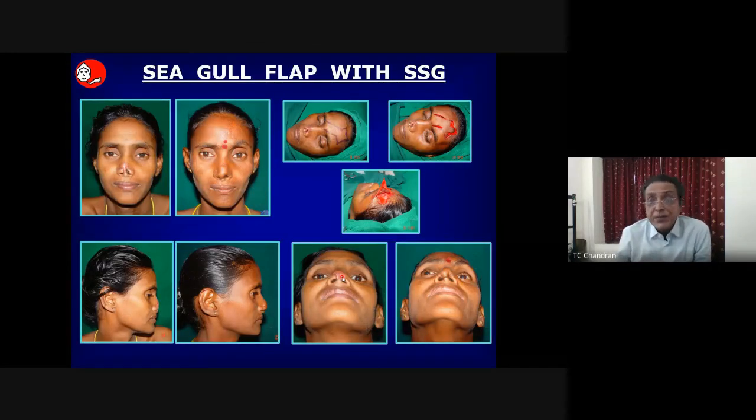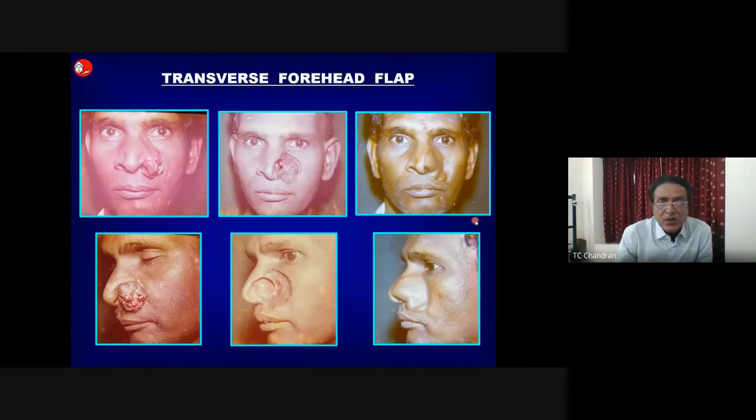Now, seagull flap is another option here. I have used a skin graft, as you can see, for lining, so that it doesn't produce too much thickness and there is no nostril stenosis, and used the seagull flap for the cover. And transverse forehead.